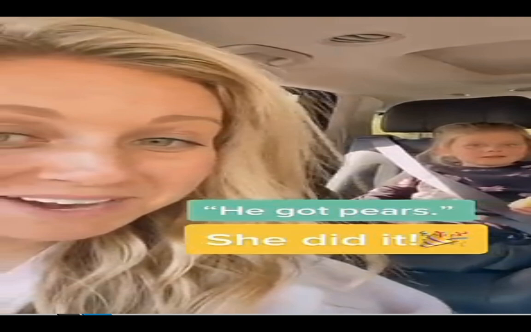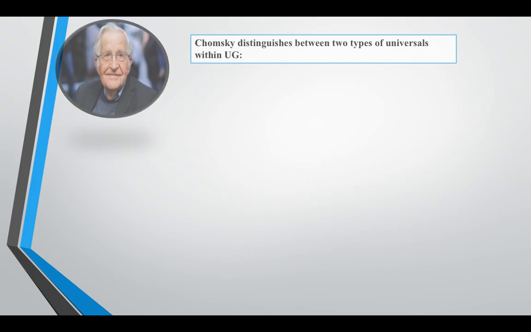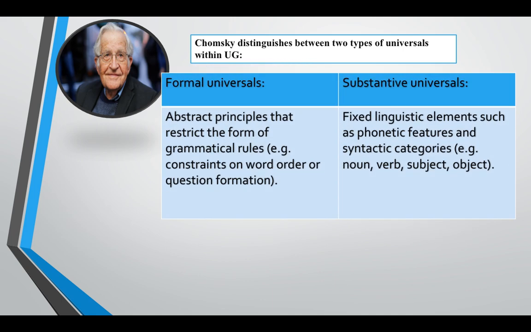So we saw how the mom kept correcting her child implicitly. So the child recognizes that we have to make the verb in the past because the action has already happened. Okay, so Chomsky distinguishes between two types of universals within the universal grammar. The first one is formal universals. And the formal universals include fixed linguistic elements such as the phonetic features,